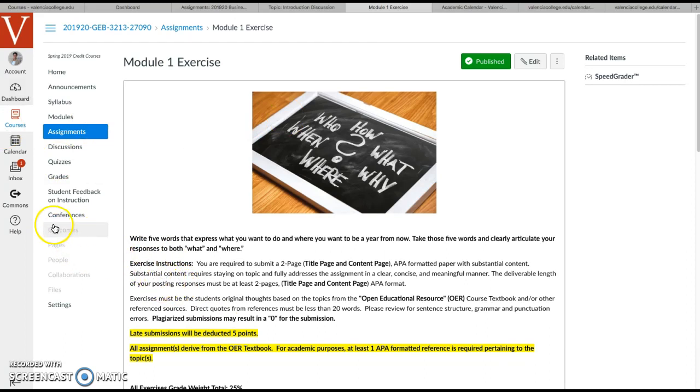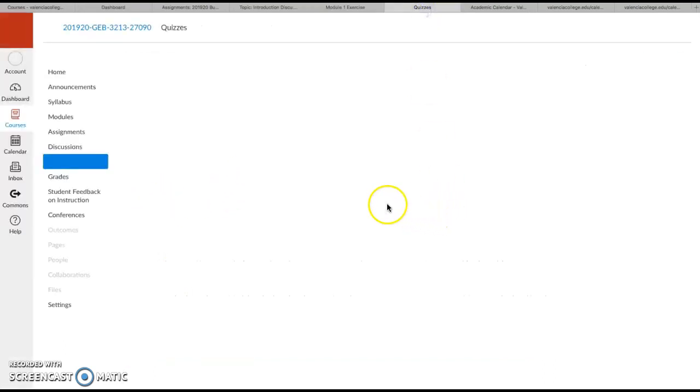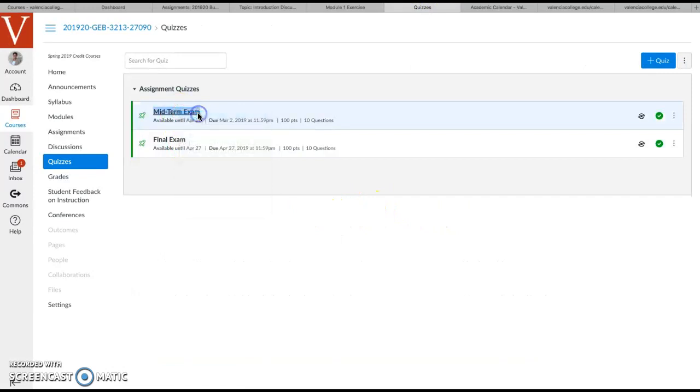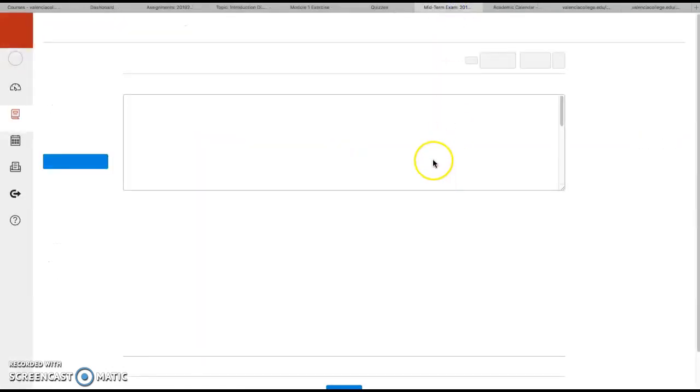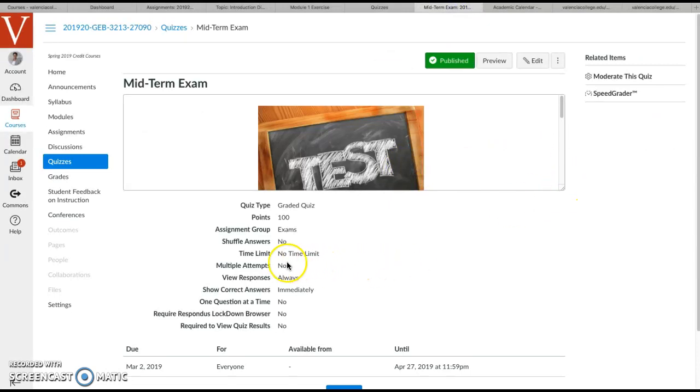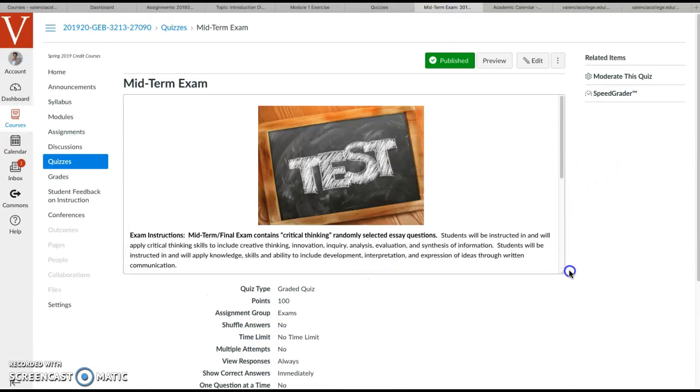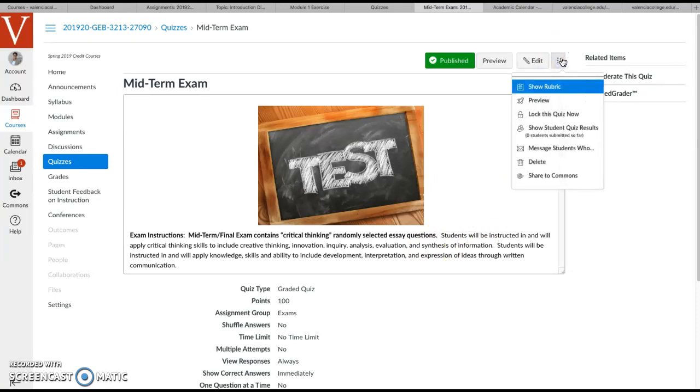Another feature that I think is really helpful is when you click on quizzes. When you have students in here, I normally allow students, as you can see right here, there's no time limit, so students can definitely go in here and see what they need to see. But if a student needs to retake the exam because they did really badly, or you just want to give them a second chance, once a student takes it, you would click up here and go to show student quiz results, and then click on the student's name and literally just add an attempt. It's as simple as a little pop-up that says add attempt, and you click it,